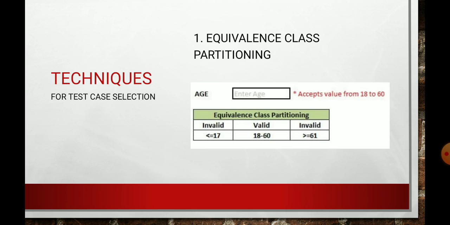So if we test any single value from a class, then this testing is sufficient for that entire class, because if one value fails in that class, all other values will definitely fail. If one value succeeds in a particular class, then all other values inside the equivalence class will succeed or will be validated. Now let's see the next technique: